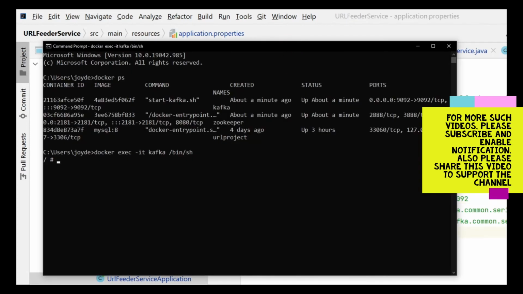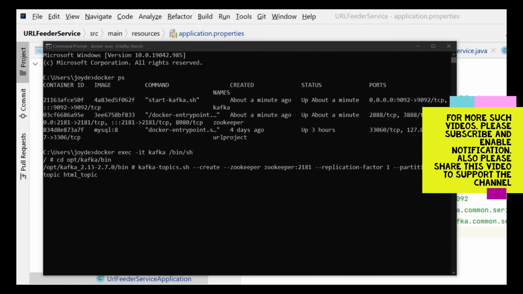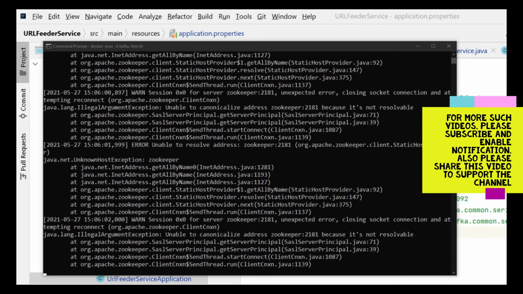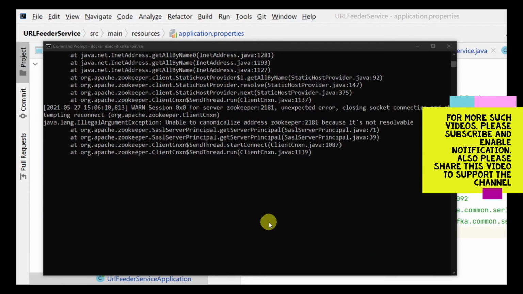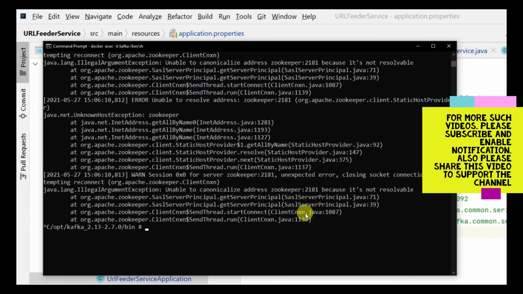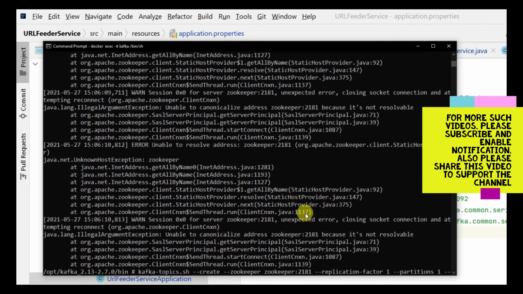Let's go ahead and create the topic. We know it's not there. So the topic is going to get created. Okay, so we can't specify Zookeeper 2181 going forward, right? We have to give the right address. The Zookeeper is now not resolvable like that.